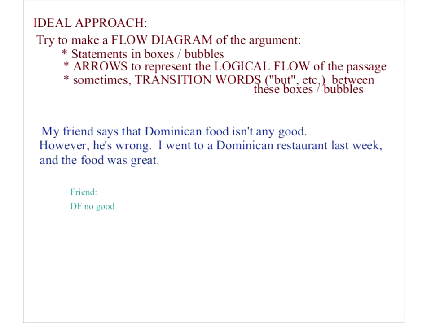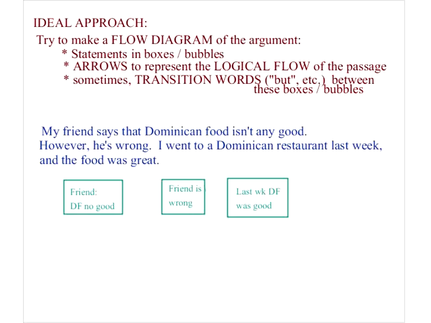So we'll make a box around that. And then the next statement is, friend is wrong. There's not supposed to be a slash there. Friend is wrong. And then the final statement is, last week, Dominican food was good. Okay, so